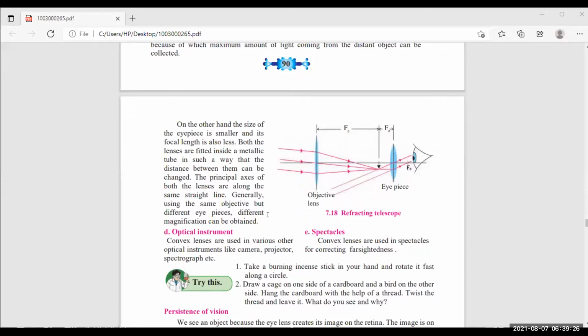The lenses are used for different purposes, because when we have to observe some astronomical things,